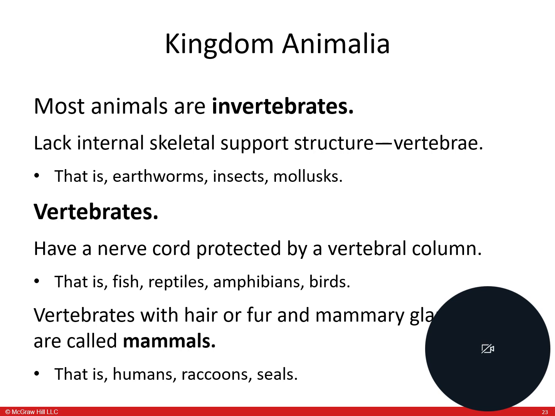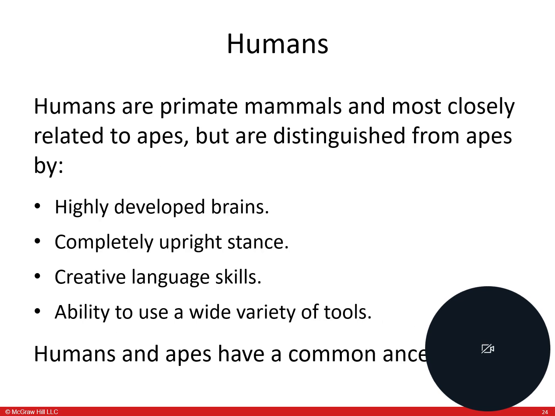Vertebrates, of course, have a vertebral column, which most of the things that you are most familiar with are going to be vertebrate in nature. And vertebrates with hair or fur or mammary glands are called mammals. So we are a subsidiary of the animal kingdom. So we're animal, vertebrate, mammalia, right? That would be our classification and subdivision, if you will. So anything that has mammary glands that breastfeed their young, if they have hair or fur, which we do, we don't have fur, but we have hair, right? So we fall under the mammalia category. And mammals by nature will always be part of the vertebrate community or kingdom.